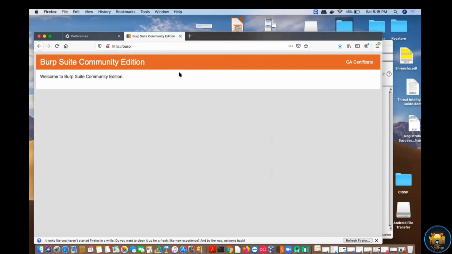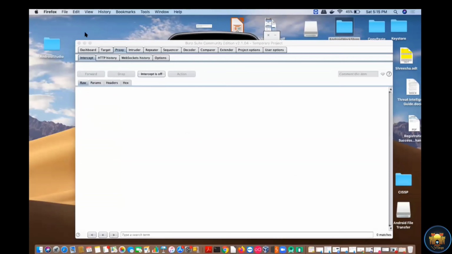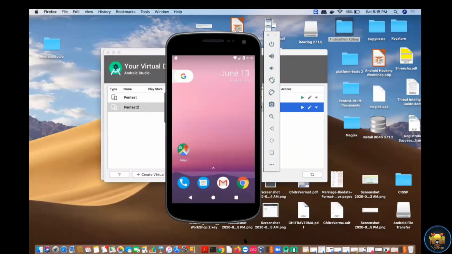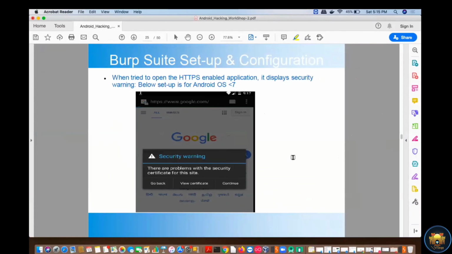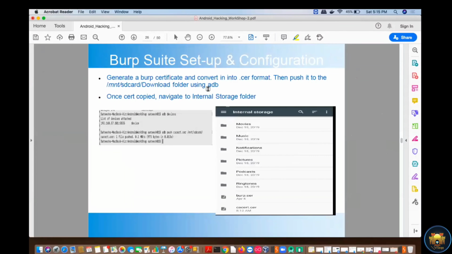And this particular file is saved in DER format, right? So we need to change this particular format into the .cer format, right? When you download the Burp certificate, it downloads by default in DER format.